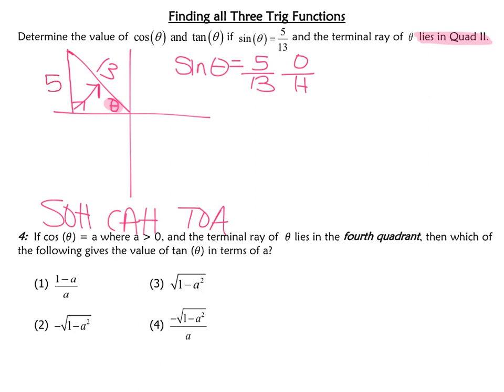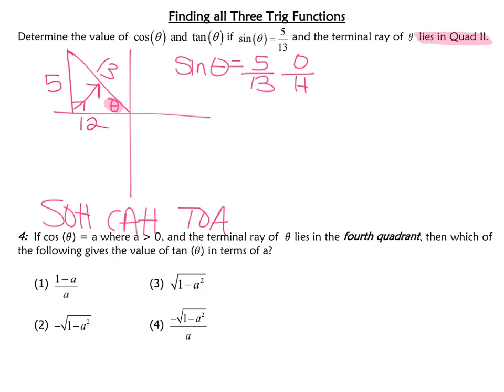I do need this side here if I want to find the cosine and the tangent. You can use the Pythagorean theorem if you need to. I am recognizing, though, that this is a special right triangle. It's a 5, 12, 13 triangle. If you didn't recognize that, that's fine. Use the Pythagorean theorem. All right, so now that I have all 3 sides, I can do all my trig